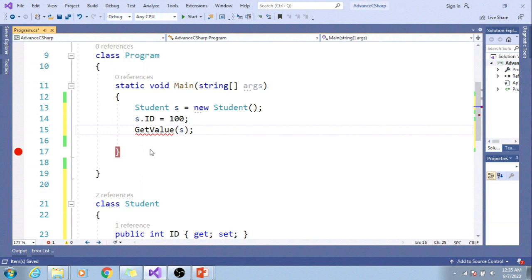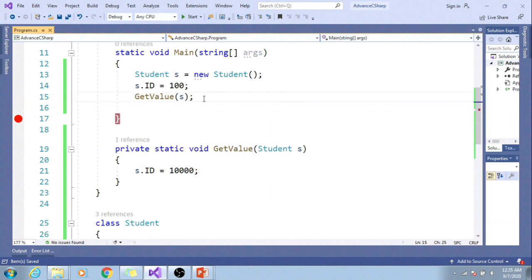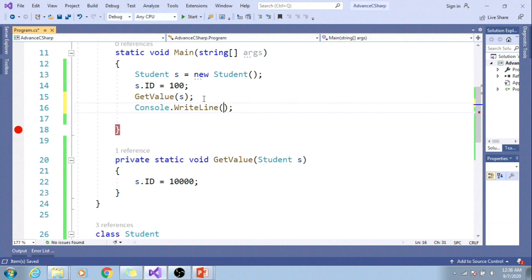Alt Shift F10, and I get the method skeleton, and let me try to change its value here. Let's make it 10,000. And let me try to print this value in the main function, s.id.